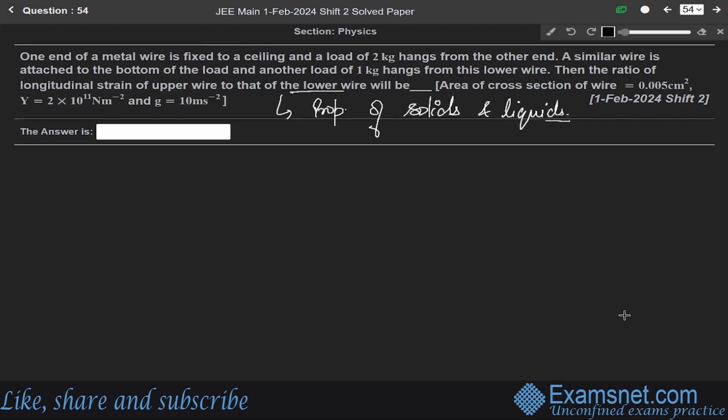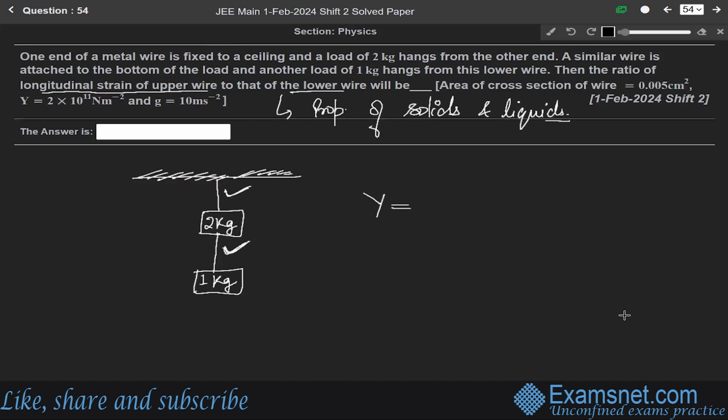Now, according to the question, let us say one end of a metal wire is fixed to a ceiling and a load of 2 kg hangs from the other end. A similar wire is attached to the bottom of the load and another load of 1 kg. Now the question is asking to find the longitudinal strain of the upper wire to that of the lower wire. Okay. We know that